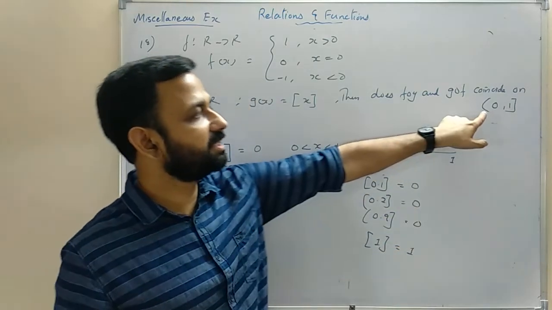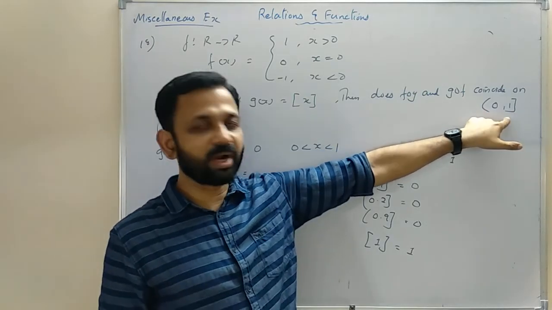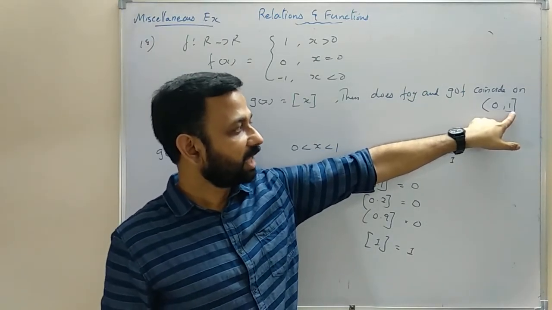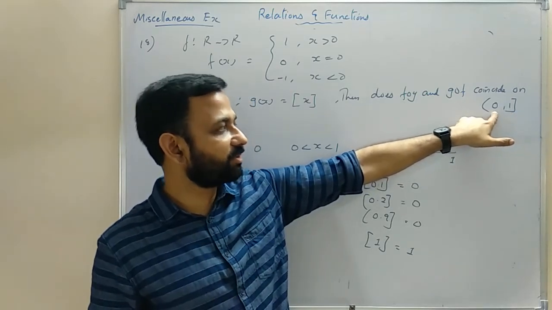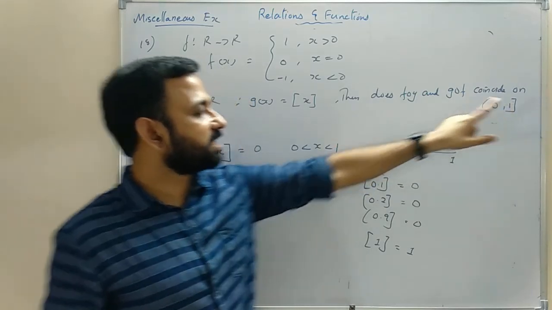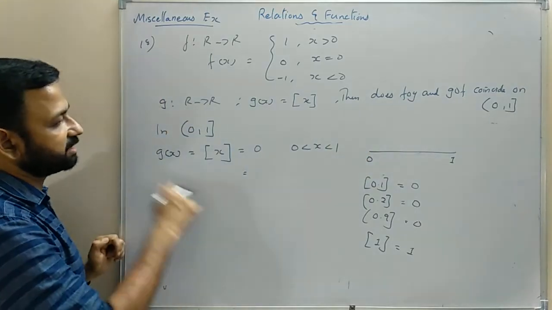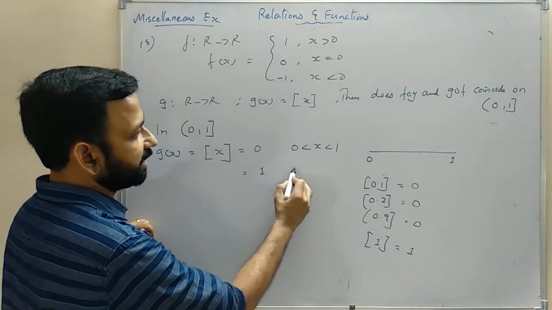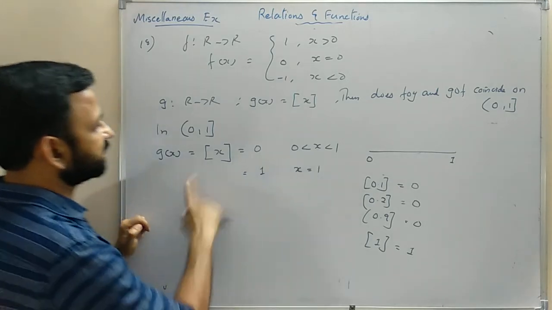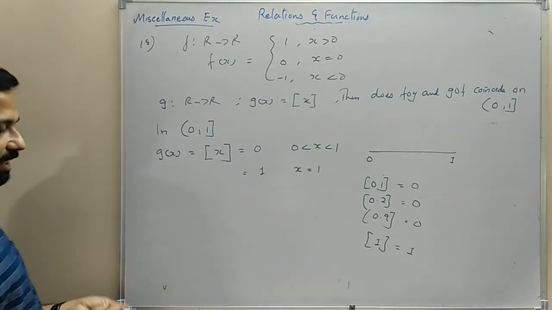So here in this interval it is from 0 to 1, open at 0 and closed at 1. That means 1 is included and 0 is not included. So the greatest integer function of 1 is equal to 1 when x equals 1. So this is the greatest integer function here. Now we can find